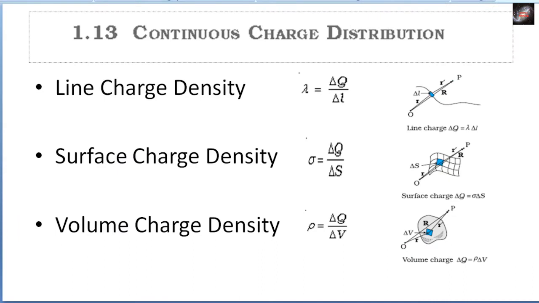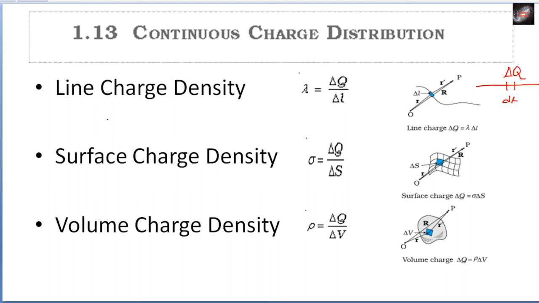If the charge is distributed over a body in a continuous manner, then we have to determine the continuous charge density. Let us consider this is a line and इधर इस लाइन के ऊपर चार्ज कॉन्टिन्यूअस मैनर में डिस्ट्रीब्यूटेड है. If we consider a small elementary length dl and in this length if delta q amount of charge